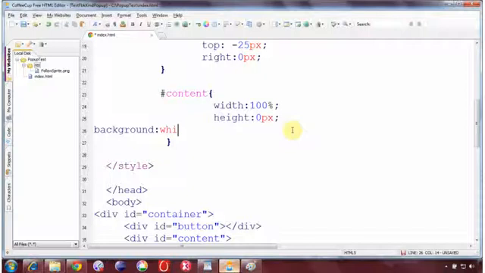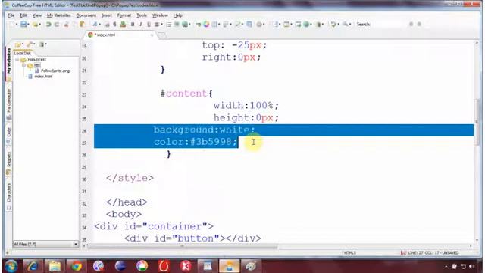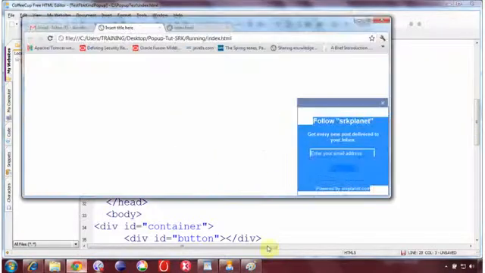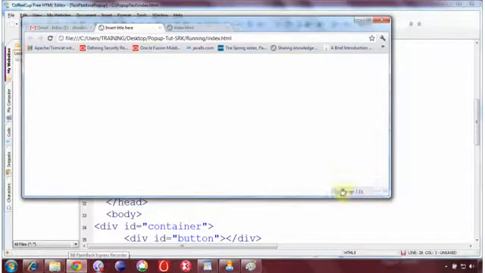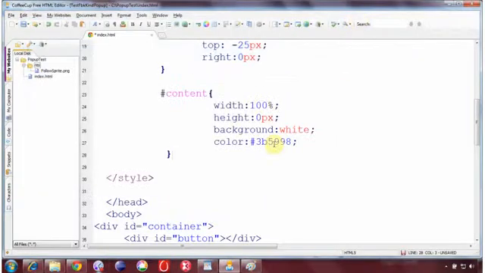Here I say white is going to be the background, and of course the forecolor, the text color, the same 3B5998. This is the Facebook color I cheated from, because I wanted to give you the same look and feel, so that you feel like this content is matching over here with the border. Like you see here, the border color is blue, and so is the content. So I specify the background color to be white for this content, and the forecolor for the content inside this container should be blue, light blue kind of color. You can write light blue text also if you wanted to.